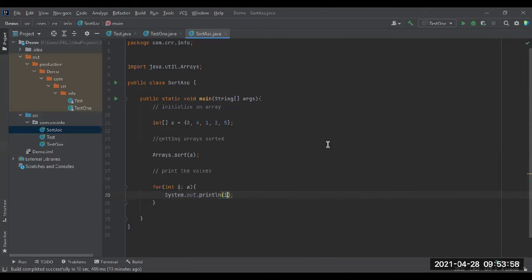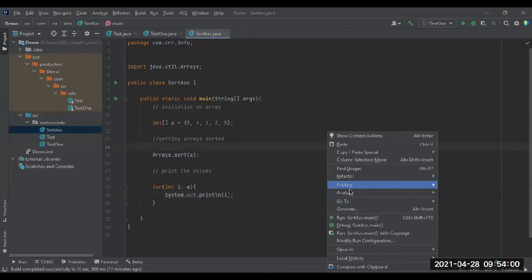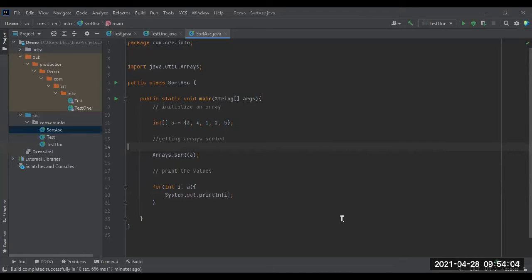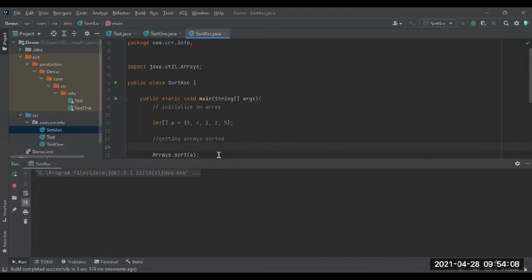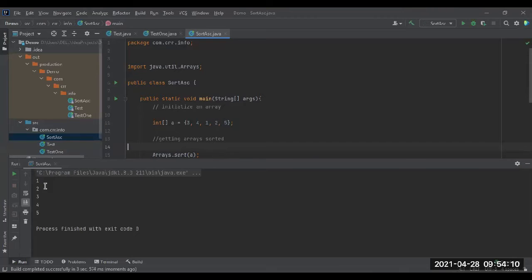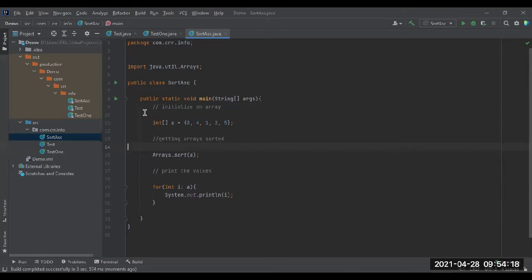Now I'm going to run this program. Let me run this sort. See this, this is one of the ways to sort the values. First of all, it has been sorted. Let me explain this again. First of all, we initialized the array to sort.